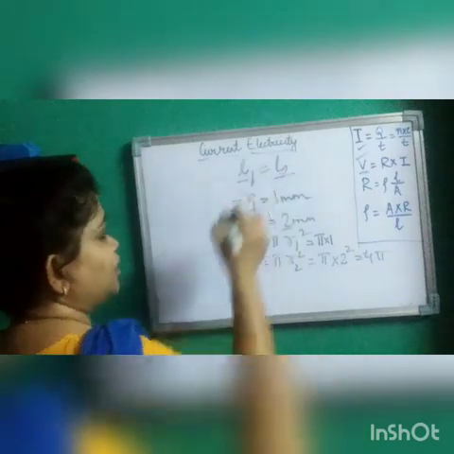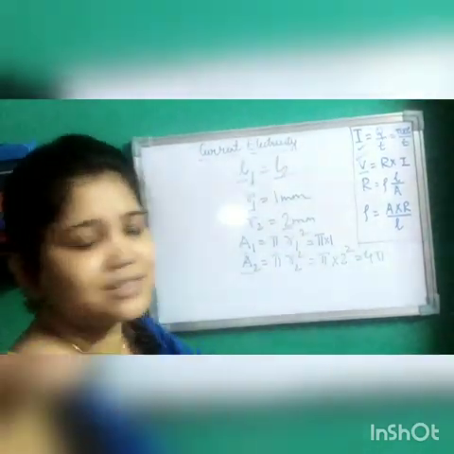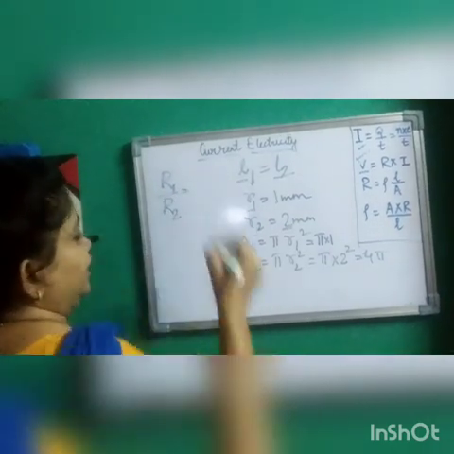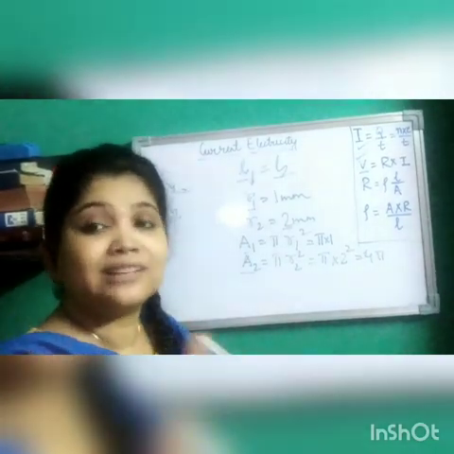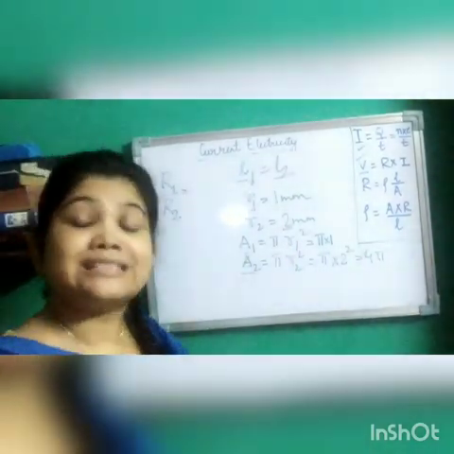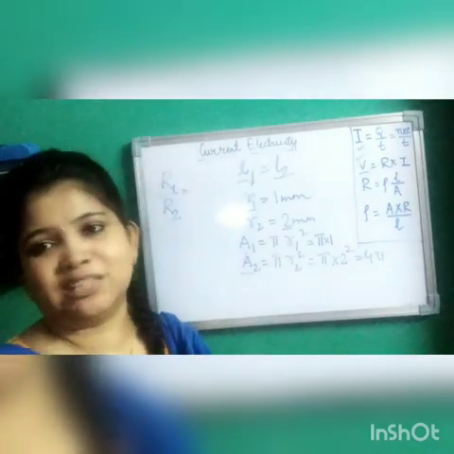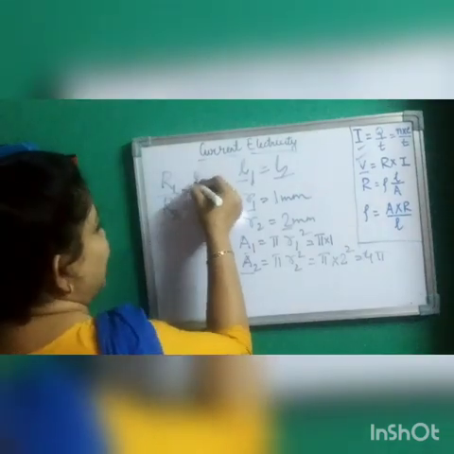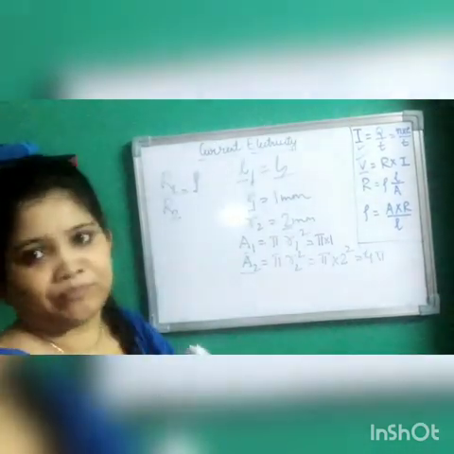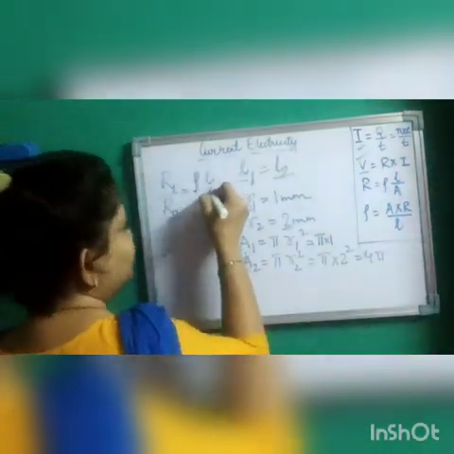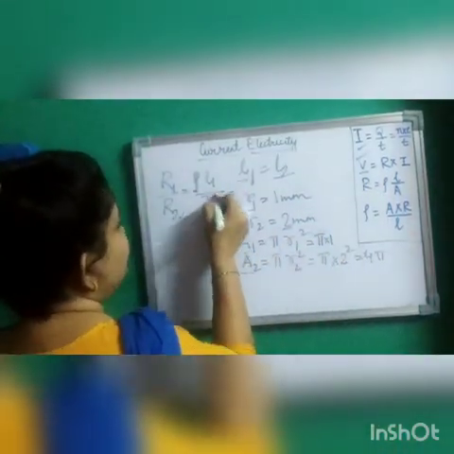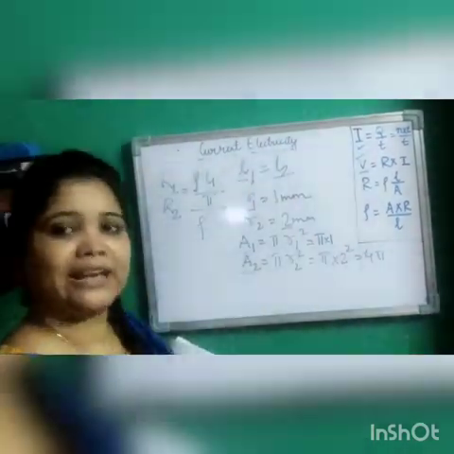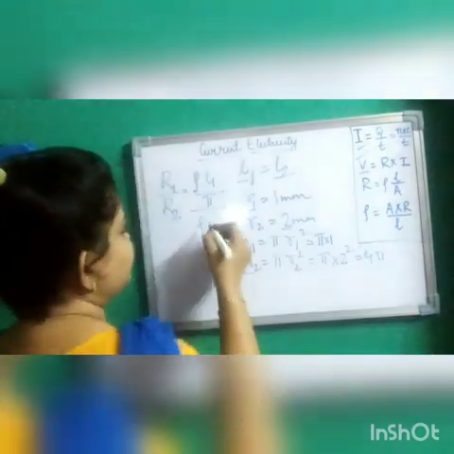Okay, so we have got the length, we have got the area. Now let us find the resistance. So first we have to compare R1 by R2. What is the formula of R in terms of length and area? It is rho L by A. Since the wire is of same material, the specific resistance rho is the same. As it is given that the lengths of the two wires are same, let me take L1 by the area of the first one, pi. And the next one again rho, since the two wires are same, I can take L2 also as L1.